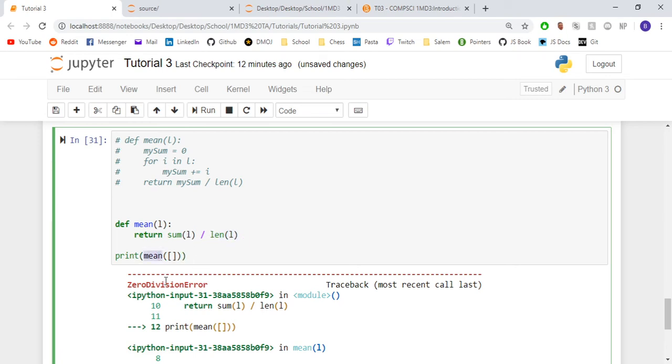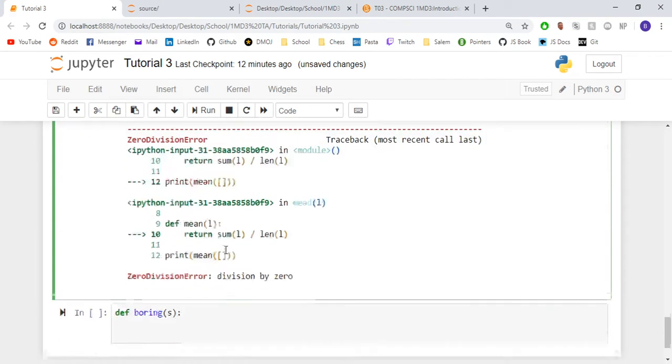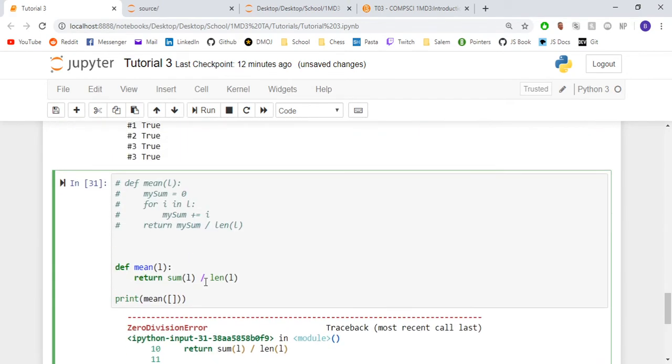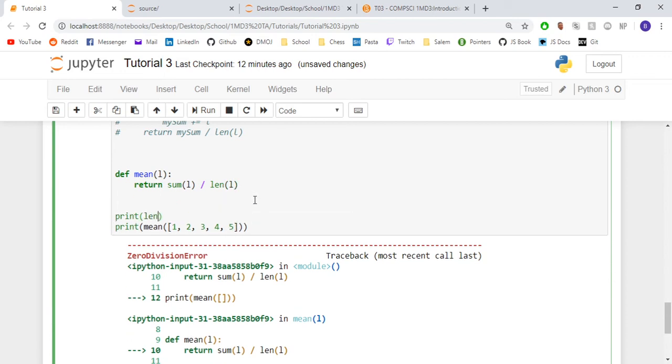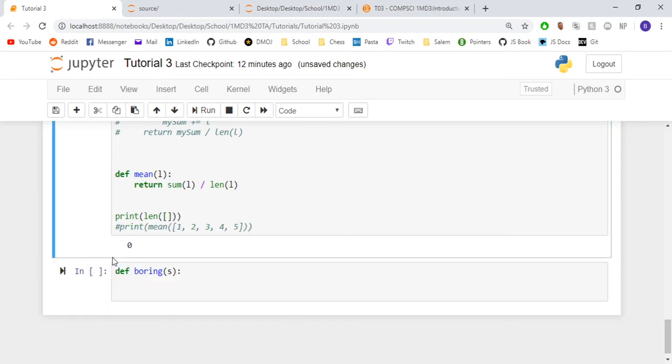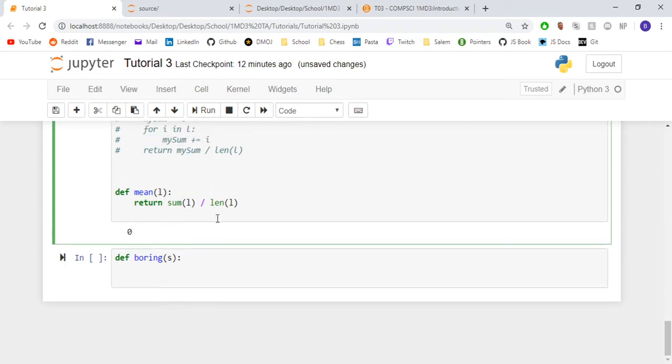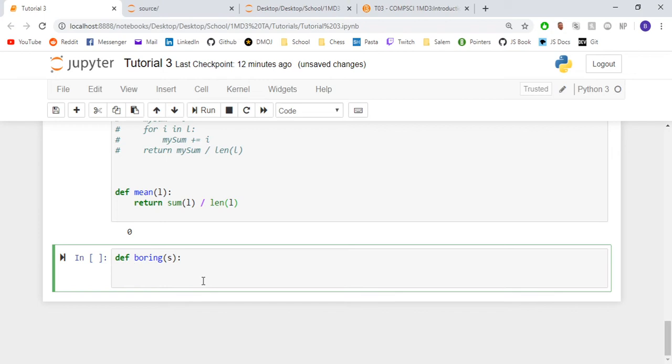But if you were to print the length of the empty list, it wouldn't crash. It would just tell you 0. But yeah, good spot. This is absolutely fine though because I'm pretty sure you can assume that you're not going to have an empty list. So here for boring,